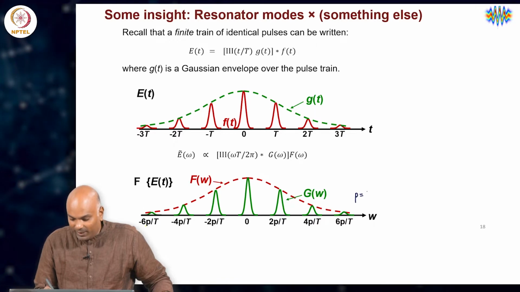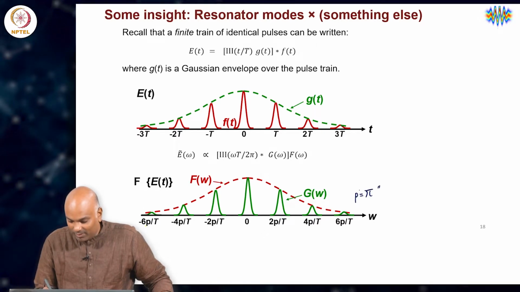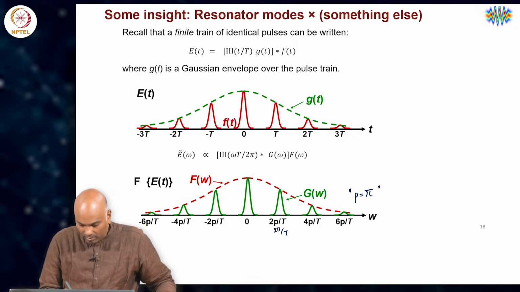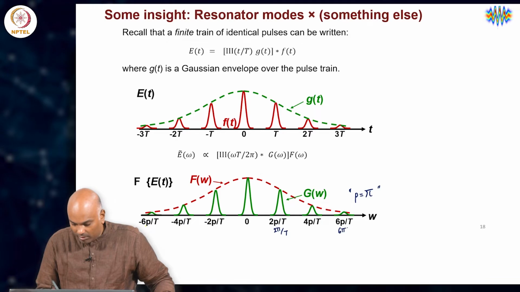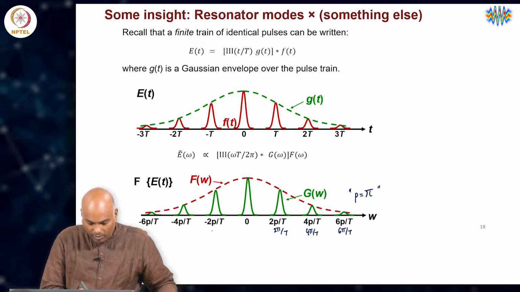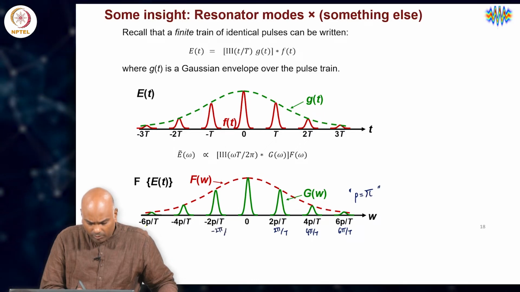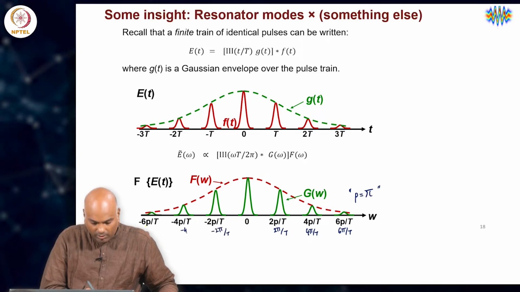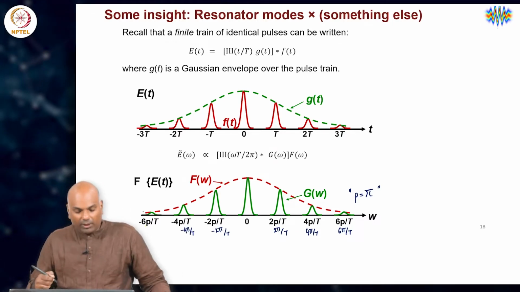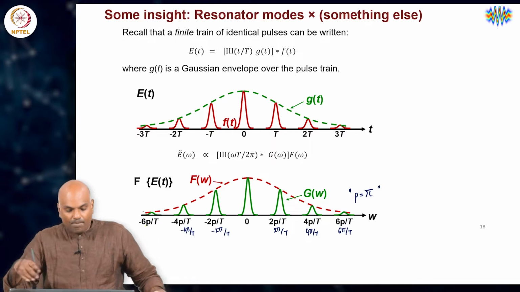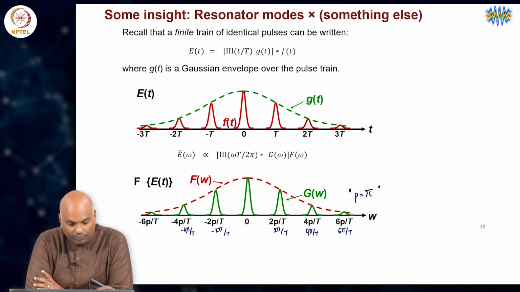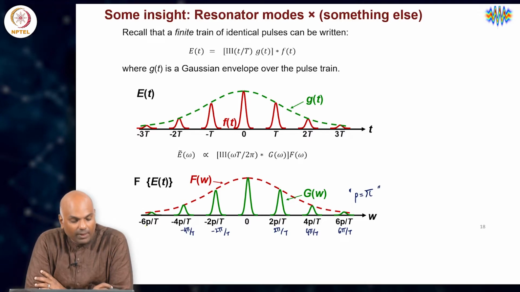saying that P here is 2 pi. So, please read this as 2 pi over T, 6 pi over T, 4 pi over T and so on. I will make efforts to ensure that this does not happen as frequently as it is happening now. It is just a versioning issue with PowerPoint, I suppose, going from one place to another. But then,